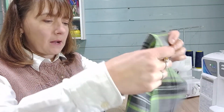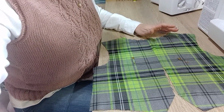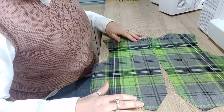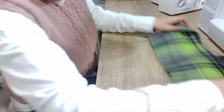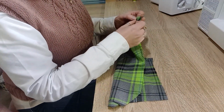Number 10 is to attach the two back pieces together, and this is where you're going to start using some of your pattern matching skills that you had in your cutting out to make sure that you get those together. You need to make sure that you've got the right side showing. So there's the right side. We're going to put the right sides together, and then we're going to match up